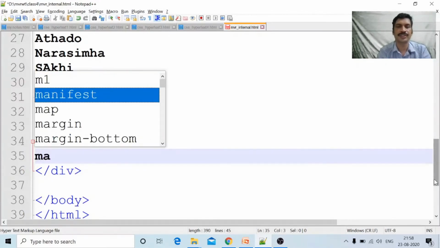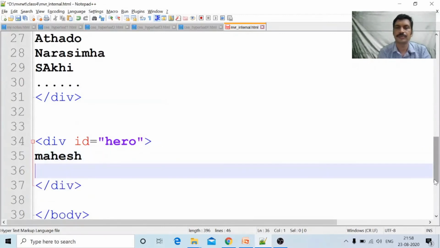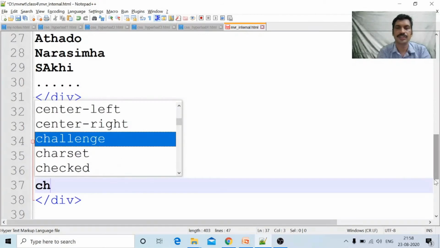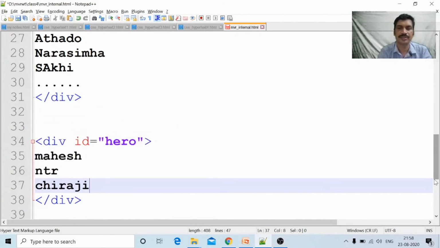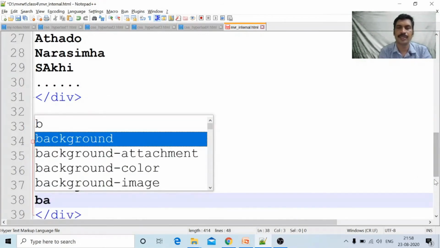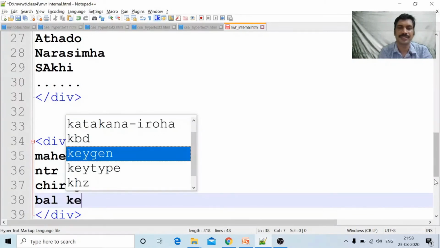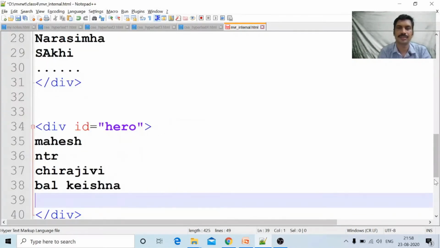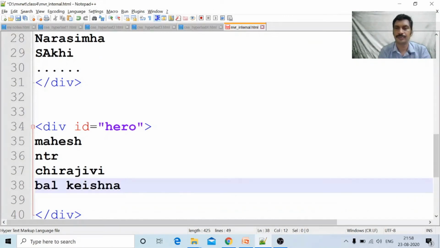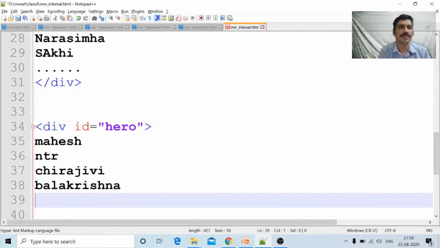Okay, Mahesh, NTR, Chiranjeevi, Balakrishna.